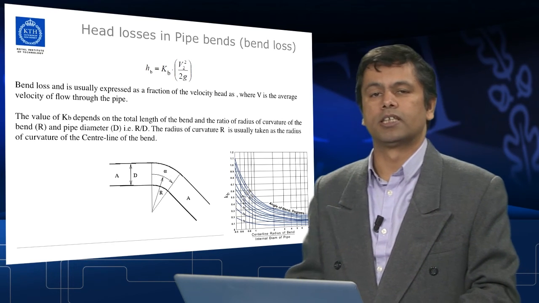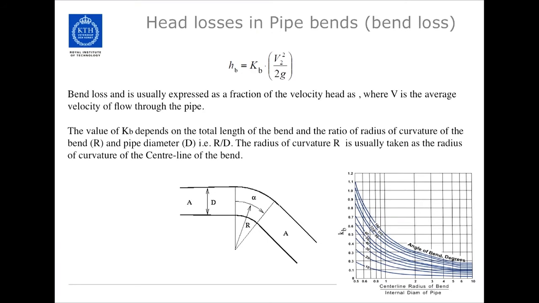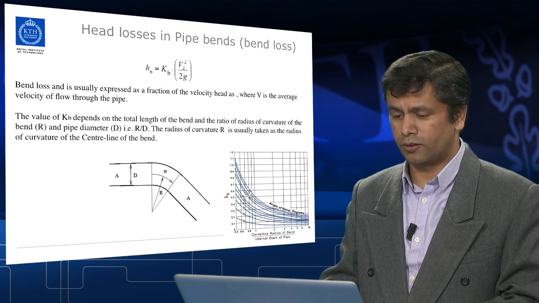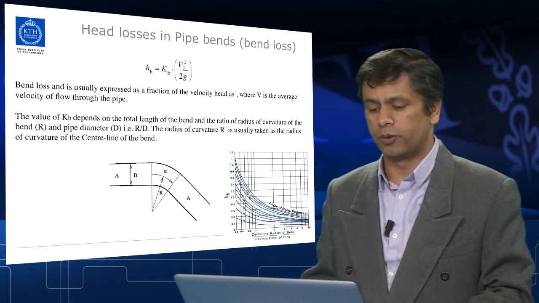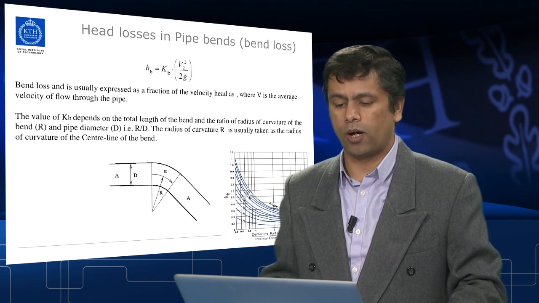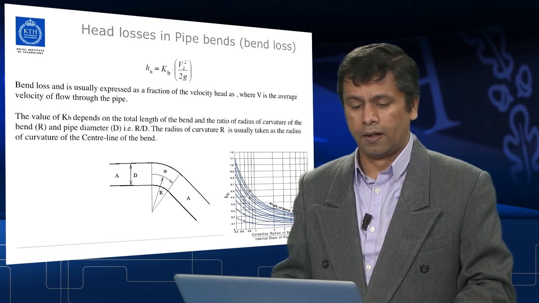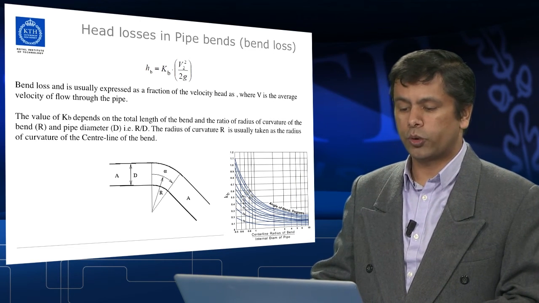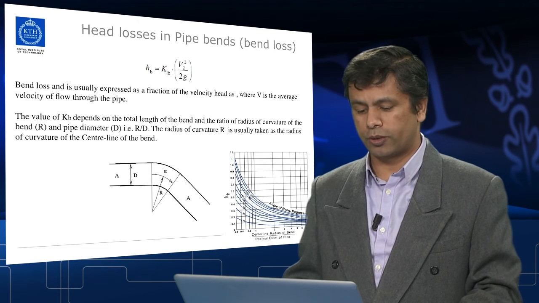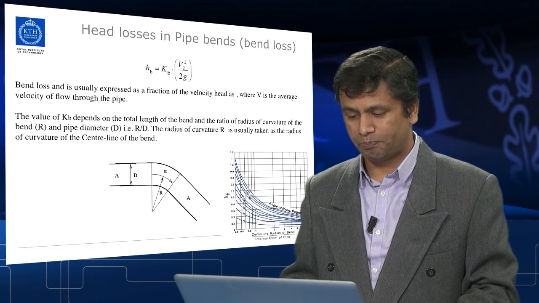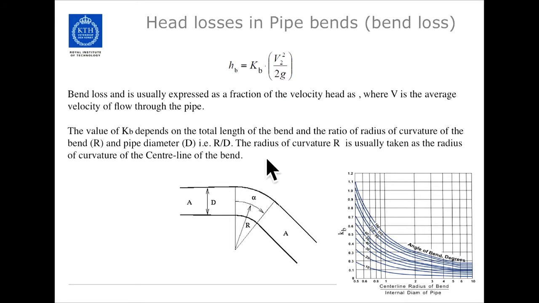Another type of head loss in the penstock pipe is at the bends. So whenever you have a bend, there is a change in the direction of flow, which creates some turbulence, and that will create some head loss. And again, this head loss in the bend is given by Kb, which is a constant, times V square by 2G. The value of Kb depends upon the total length of the bend, which is also proportionate to the angle alpha, shown in the figure here, and